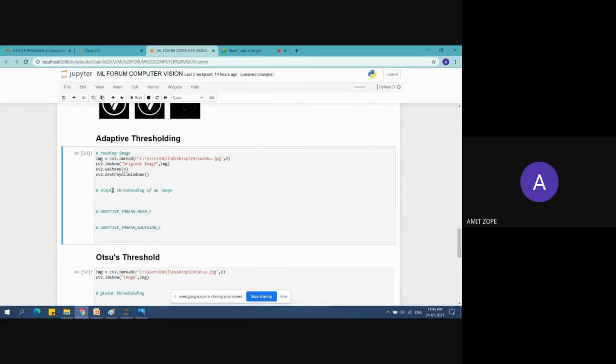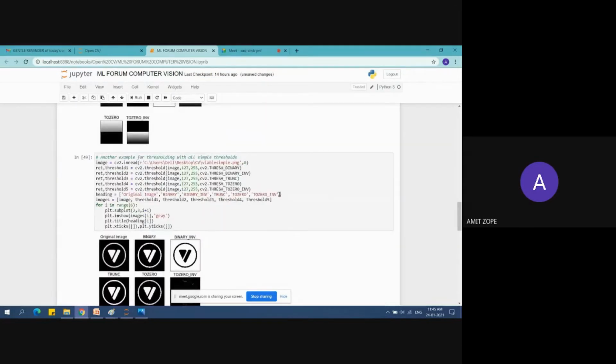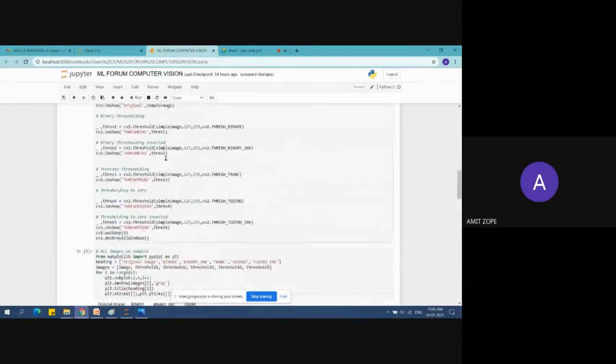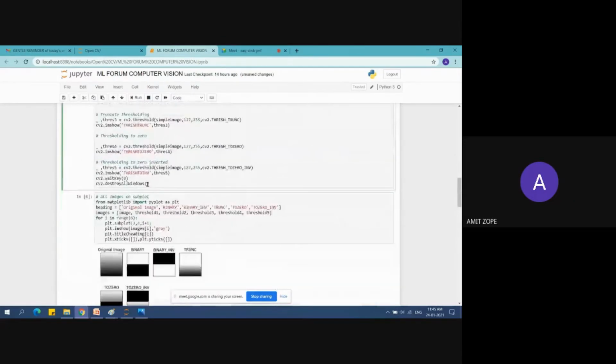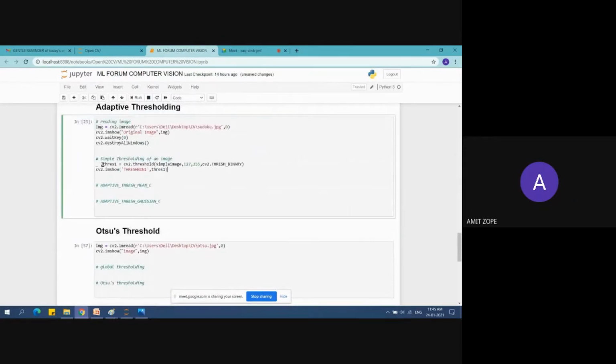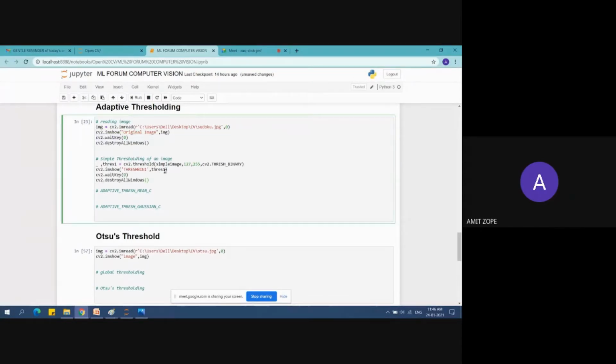I will first perform the simple thresholding on this image, and you will get to know what happens when we use the simple thresholding technique.